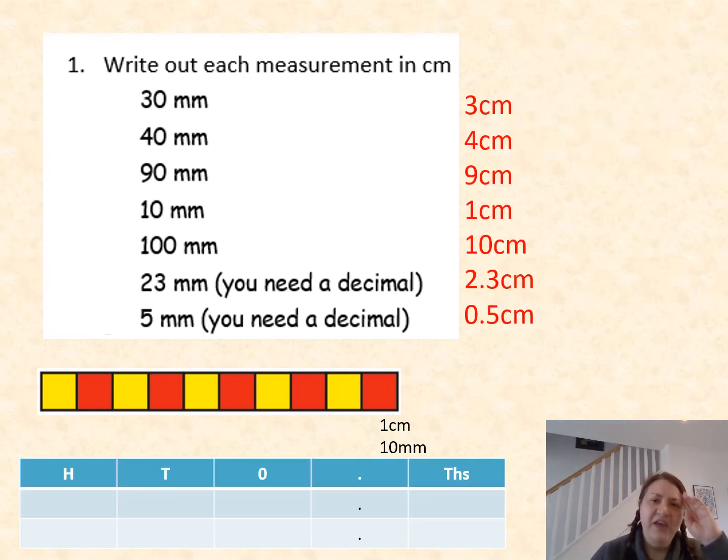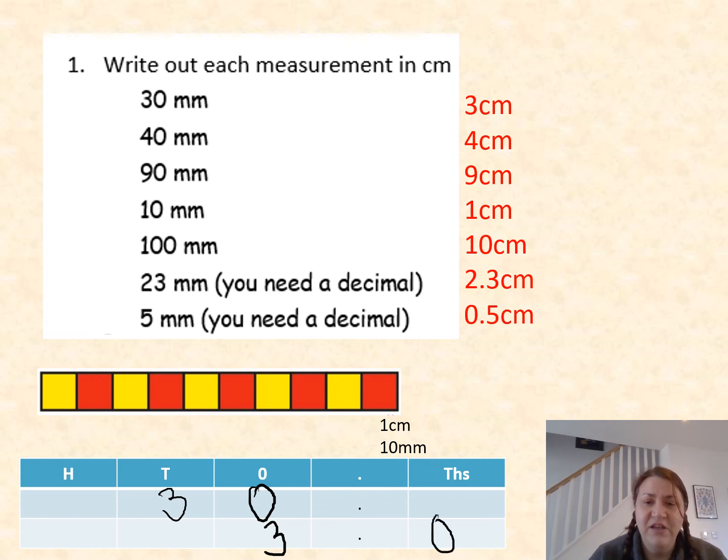Okay, here are the answers. Hopefully you got some of those, even if the bottom ones are a bit tricky. So for 30 millimetres, just to show you a couple, because we're going from a smaller to a larger, we divide. And because there are 10 millimetres in a centimetre, we divide by 10. So we move it 1 place to the right. And then, of course, we don't need that placeholder. For the bottom 2,